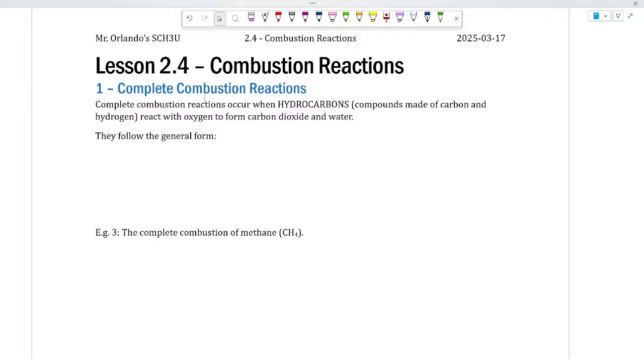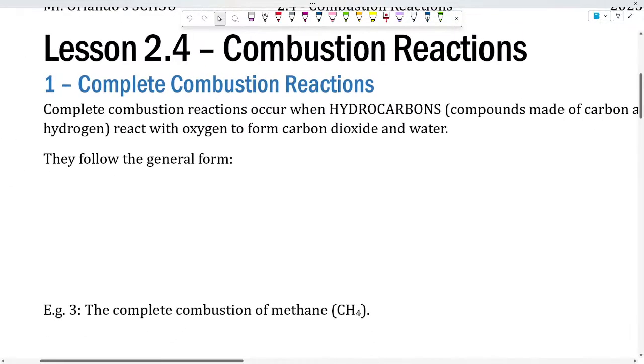Oxygen. So specifically, when we talk about combustion, we're talking about the reaction of organic compounds or carbon-based compounds reacting with oxygen. So we're going to talk about hydrocarbons. And a hydrocarbon, as you can imagine, is the foundation on which organic compounds, the things you're made of, are based. And based on the name,